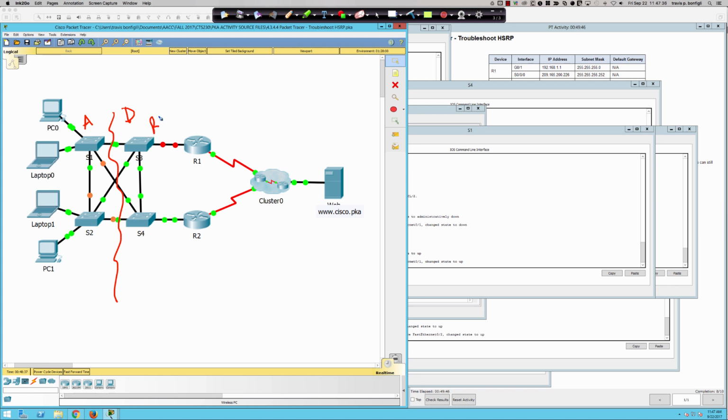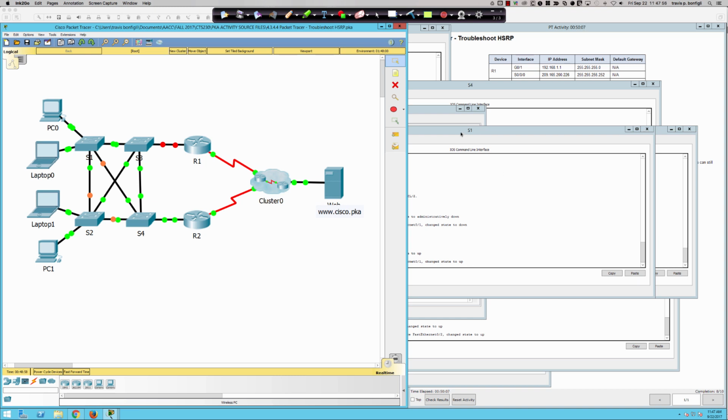So 3 should be the root bridge, or could be the root bridge, and then I would have this guy as my secondary root bridge. And we're only dealing with VLAN 1 is what it appears, right? So let's go ahead, since the opportunity has presented itself here, let's go further down the rabbit hole and let's jump